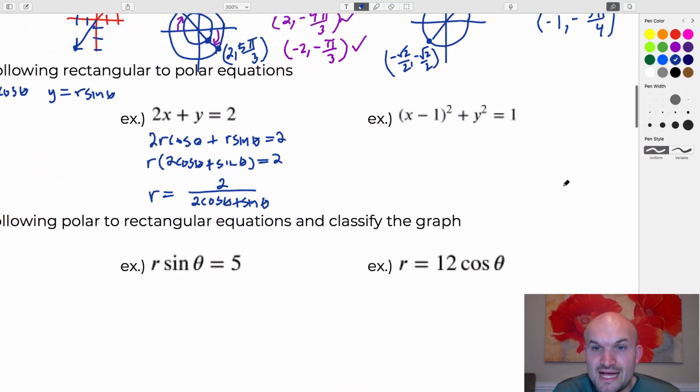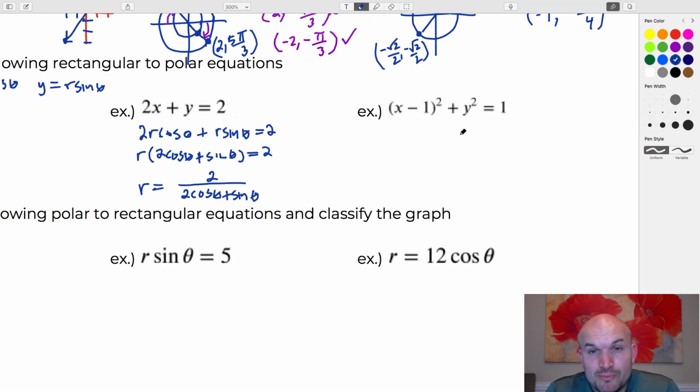All right, so for the last one here, if we replace the x and the y, that's fine, but then we're going to be squaring things, and I'm not really sure if I want to be squaring sine and cosine. We could, but in this example, we can see that we can expand this, right? We can expand x minus 1 squared. So we can expand this in the head to give us x squared minus 2x plus 1 plus y squared equals 1. If I rearrange the x squareds and the y squareds,